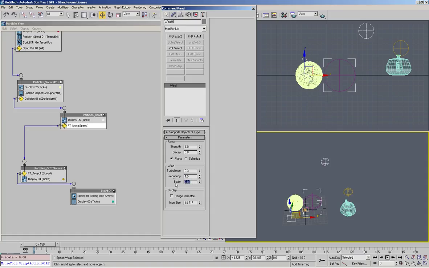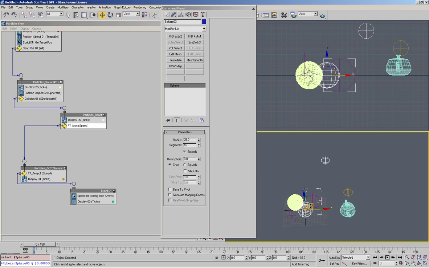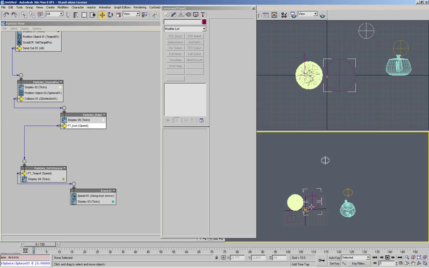I guess most people are probably pretty familiar with the rough settings I use. All the turbulence settings I use are pretty much based on this: if I use the script listener down here and type in a sphere, it creates a default sphere. And I'm basing my scale every time on that same scale. That's the real advantage here. If I build everything to a set scale, then all the effects I do are always going to be the same scale, which means I don't need to fish around for new settings. I know a lot of artists mess about with the frequency and just play to guess what the right settings are, but because I'm always using the right scale,